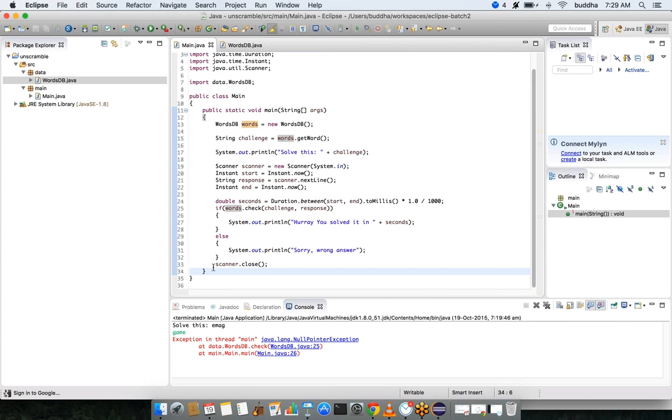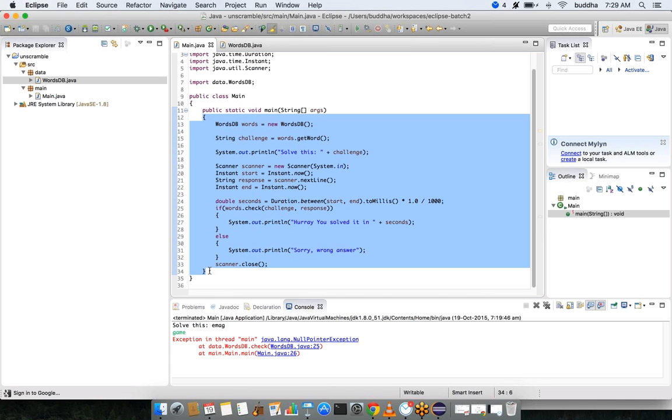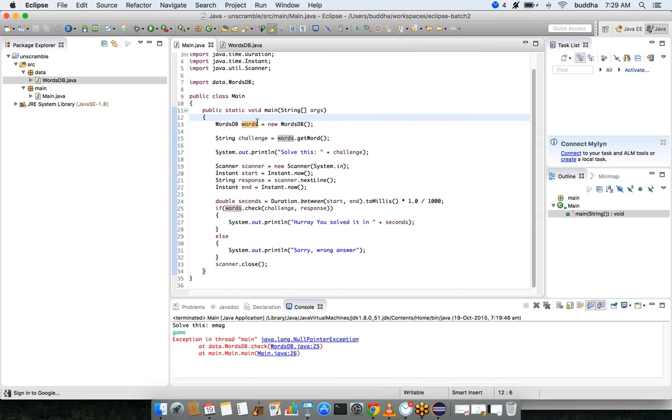In fact, I should have told you a concept called scope. Scope is, for example, till when or where all this variable can be accessed. This variable can be accessed within the block of statements. When I say block of statements, that means I can use it inside these two braces. I cannot use it outside of them.